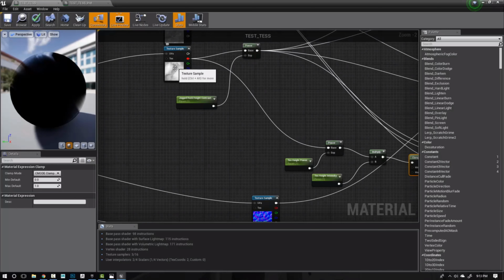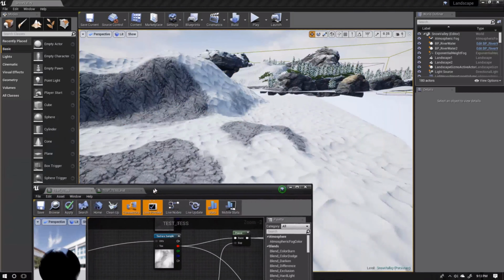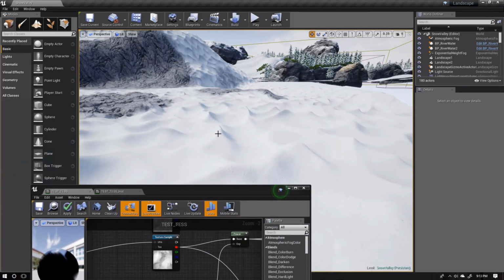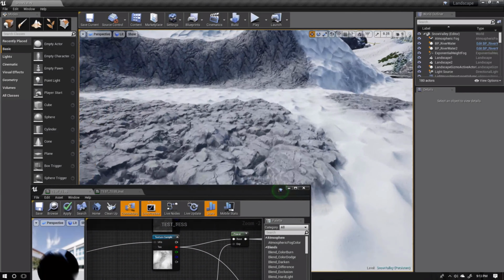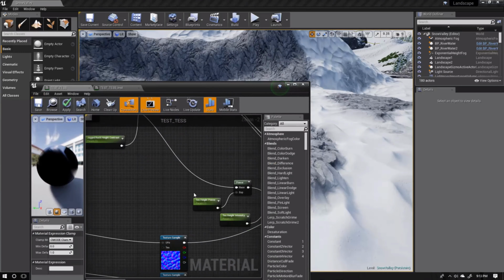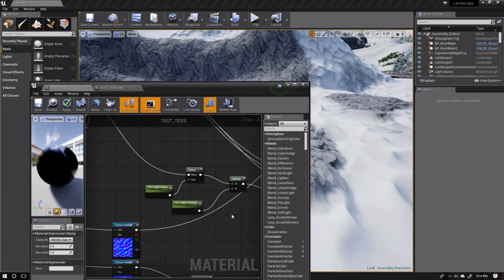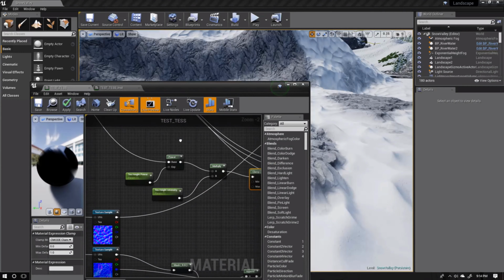Are we going to get deeper pits here in the blacks and higher areas raised out in the whites for our jagged rock, as well as our snow? So we could essentially get these snow peaks to be a lot higher and have these jagged rocks be a lot deeper. And that's for just the power node. The intensity node is going to allow us to control the overall look of our height map once it's all said and done. So if you can see here,